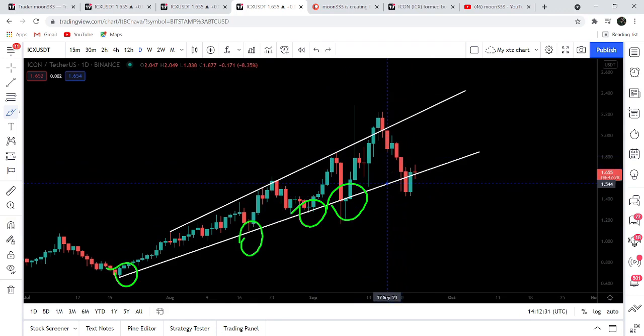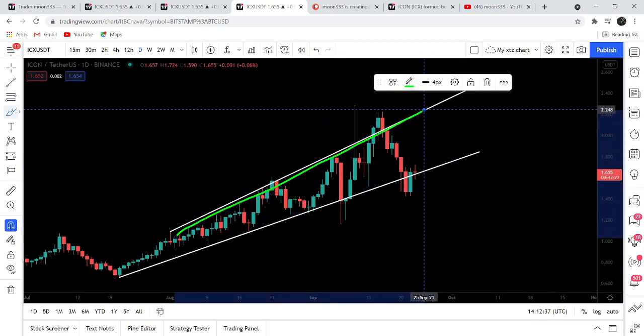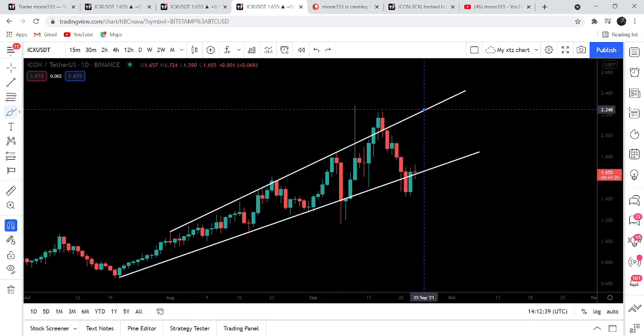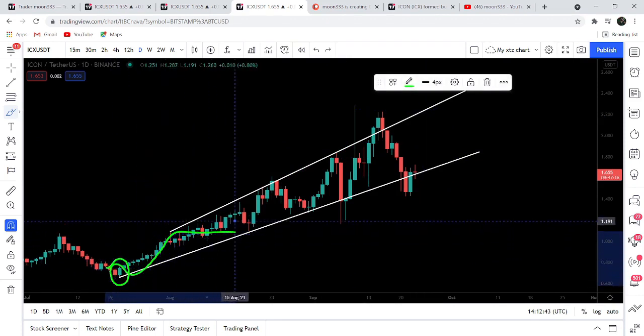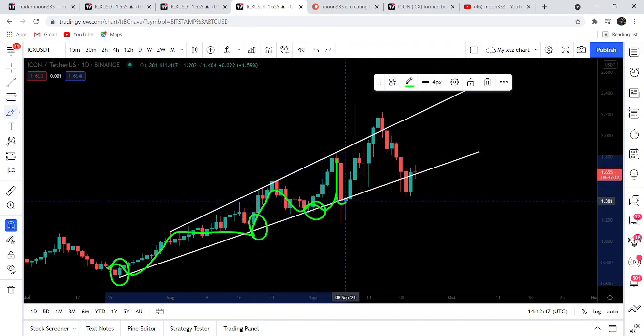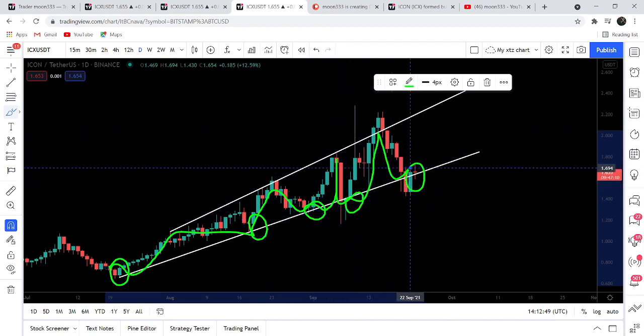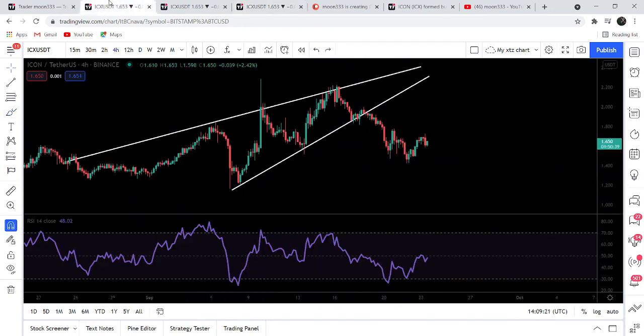So this is a very valid support, and we also have a very valid resistance of this broadening formation or the broadening wedge. And whenever the price line is getting bounced by the supports of this broadening wedge, every time it is forming higher than previous high. So right now you can see the price line is at the support. And even though we have broken down the support of this bullish pattern on the 4-hourly time frame,